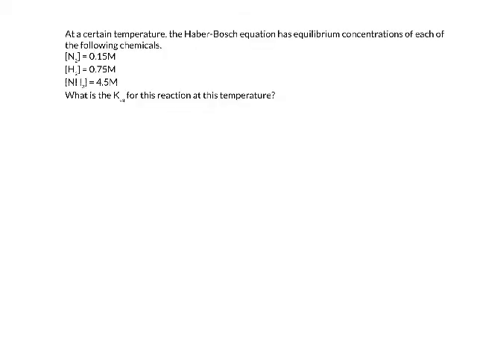To practice calculating a Keq, let's look at my favorite reaction. The Haber-Bosch equation is the reaction between nitrogen and hydrogen to produce ammonia. In this example, you can see that this is a different kind of reaction than what we have used most of the year. These two arrows, one going forwards and one going backwards, show that some of the reactant reacts to form some of the product. And in the end, at equilibrium, you would have some of each of the reactants and some of each of the products remaining at the end. So in this case,